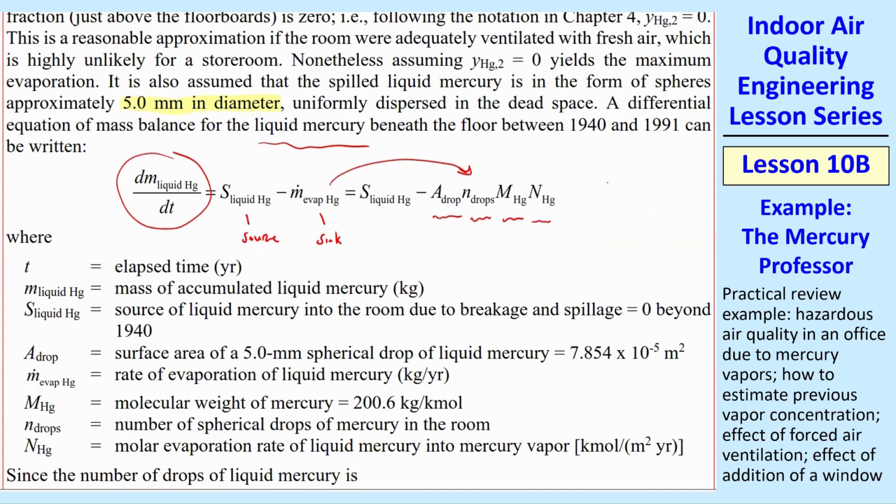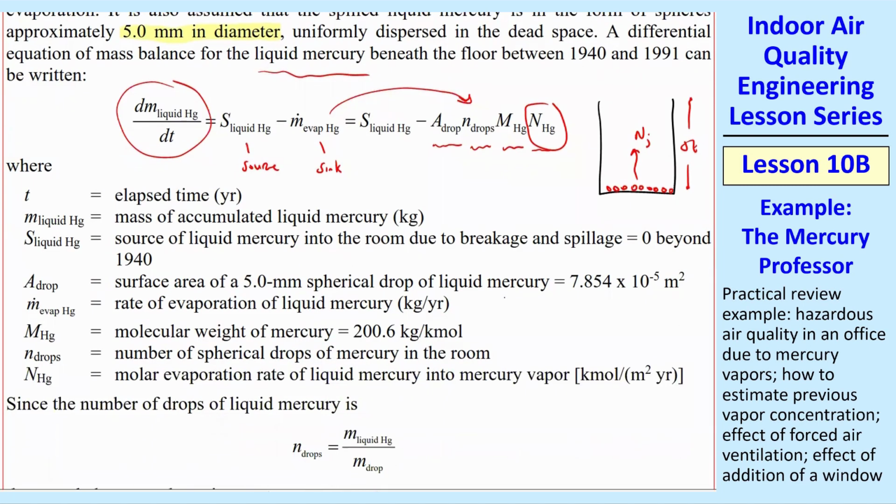Remember, we talked about molar flux. So what we're doing is we're pretending we have this situation like we had with the open container. And then instead of just some liquid surface at the bottom, we have all these little droplets, but they are evaporating, and you get an N_Hg, evaporating vapor. We know this distance, delta Z. We're going to ignore the fact that these are all drops. We're going to take the whole surface area, pretend it's a big area there from adding up the surface area